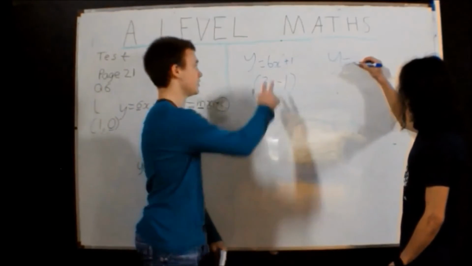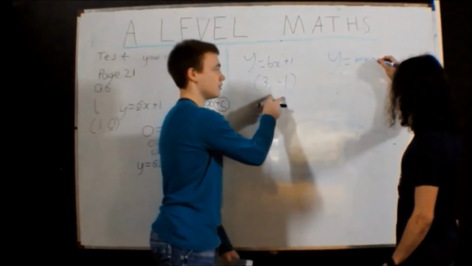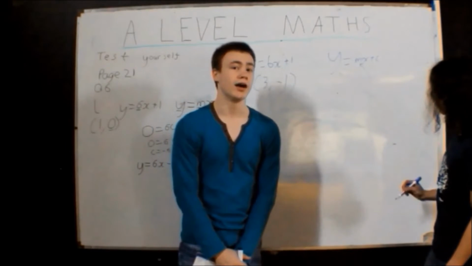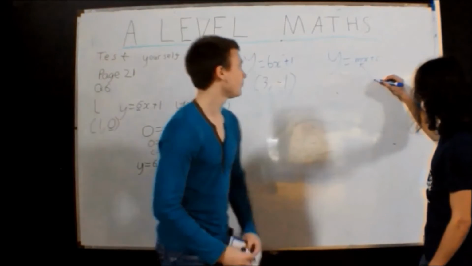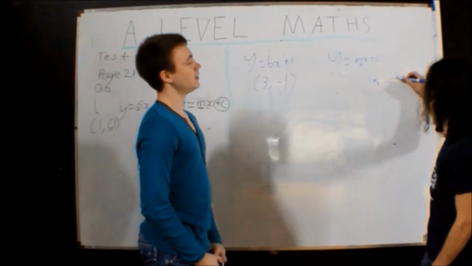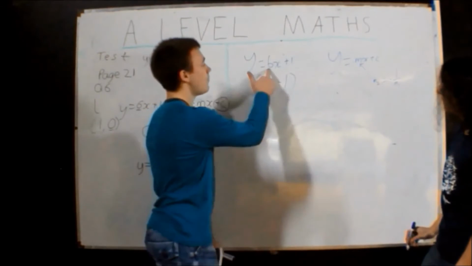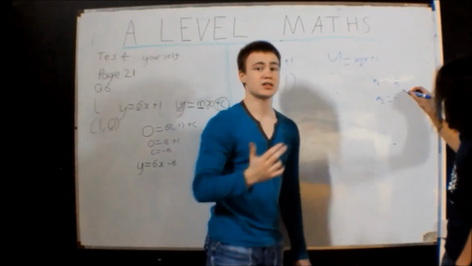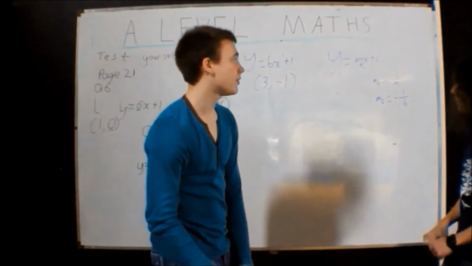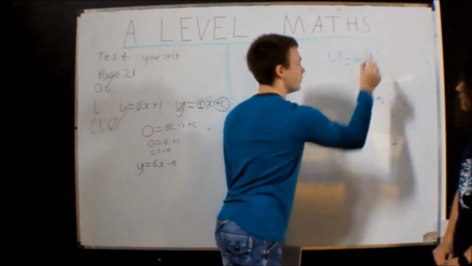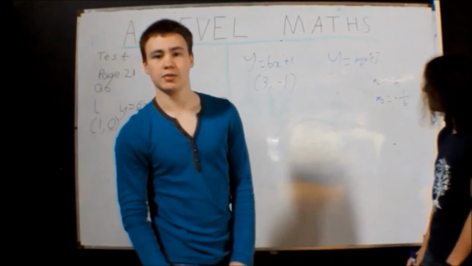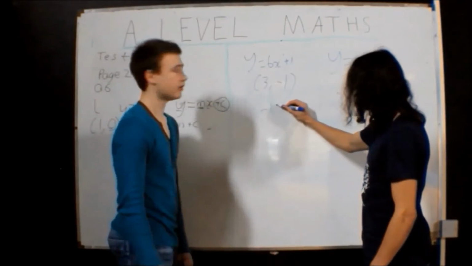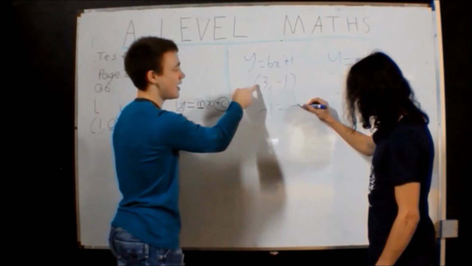So again, what we have is this equation of a line, and we know it goes through this point, and the clue again in the question is that it's perpendicular. So the gradient of the new line is the reciprocal of the old one. M2 equals minus 1 over M1. M1 is 6. So the gradient of the line we're trying to find out is going to be negative a sixth. Now, again, we know everything but the plus c. So what we're going to do is work out the plus c by substituting in what we know again. So this time, y equals minus 1, m minus a sixth times the x, which is 3,